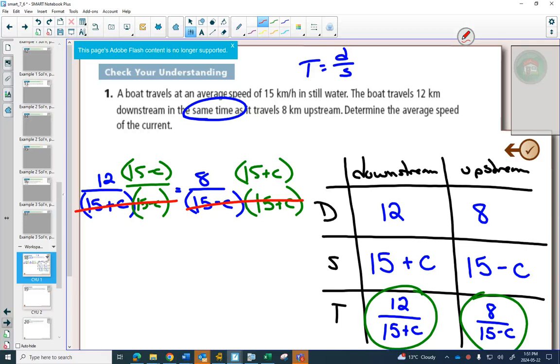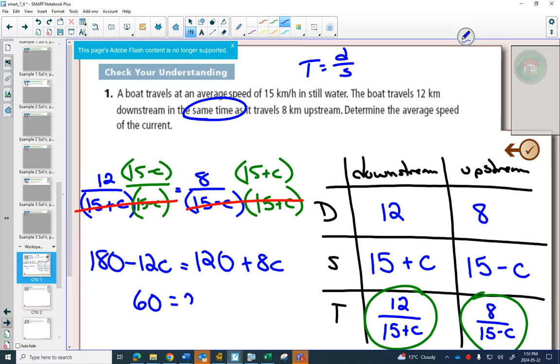What am I left with? Still some bigger numbers. 12 times 15 is 180 minus 12c equals, and 8 times 15 is 120 plus 8c. But as far as solving, we don't have a quadratic formula, which is kind of nice. Just combine our like terms. I can put my numbers on this side, subtract 120, I'm going to add the 12c to that side. Divide both sides by 20, and my current,